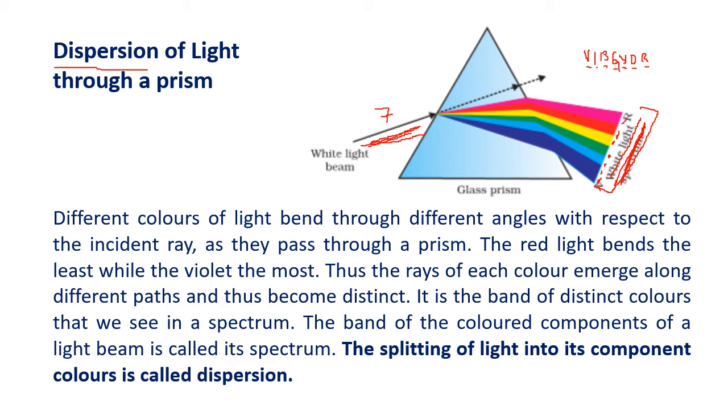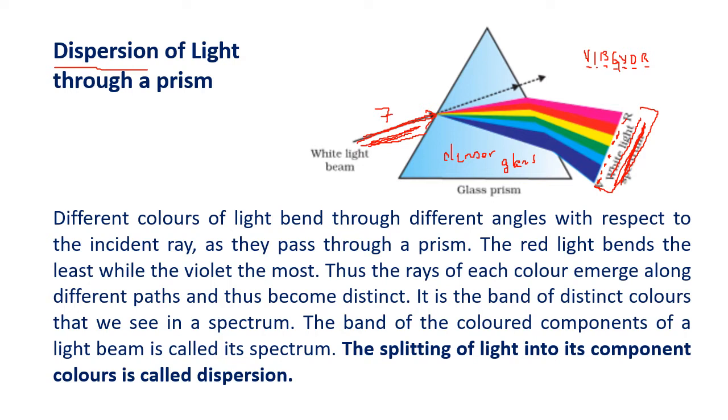But when light enters, we have seen why refraction occurs. If you remember the previous lectures, you will know why refraction occurs. When light goes to a denser medium like glass, the velocity of light changes and so light bends. I hope you remember this. So when light goes from a rarer to a denser medium, or whenever light changes a medium denser to rarer or rarer to denser, the velocity of the light changes, hence light bends.